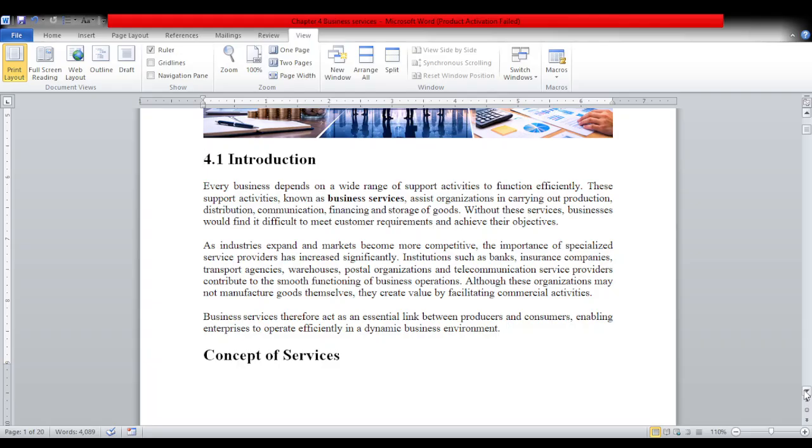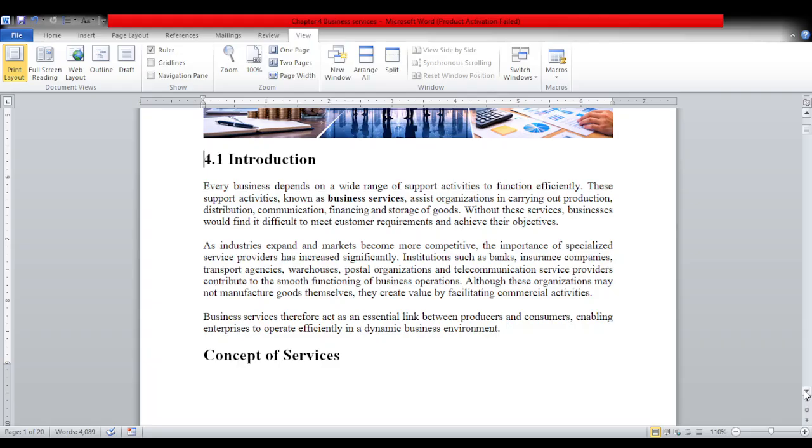As you know, these services are very prominent in the present day economy, whether related to banking, insurance, or health. Every time you are getting different kinds of services at your doorstep. Sometimes you have to go out of your house or business to avail these services. Sometimes as a manufacturer you have to use transport services and warehouse services. As a